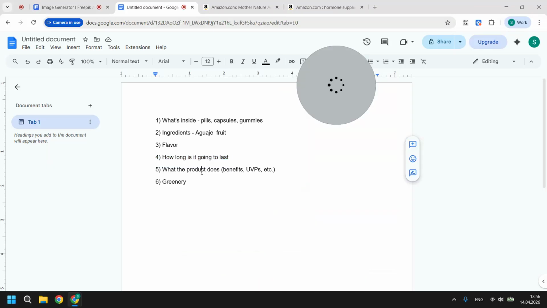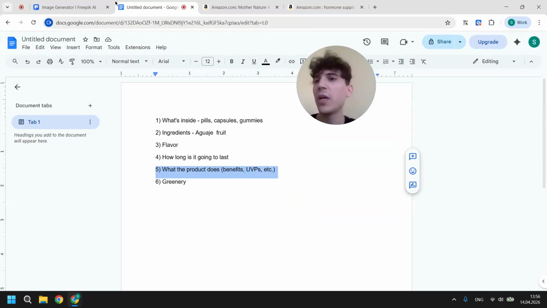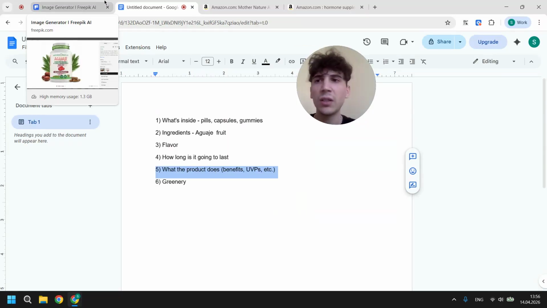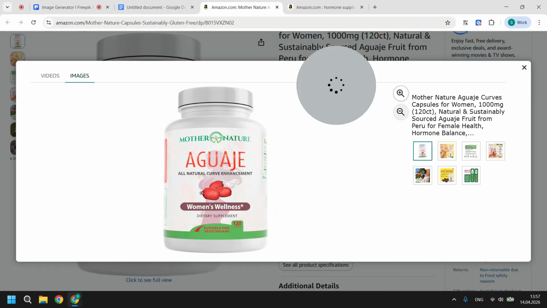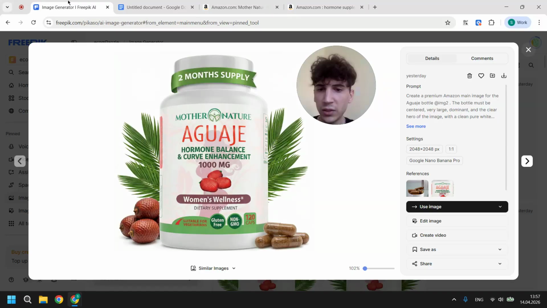What else? The next point, what the product does. Benefits, unique value propositions. You might check your competitor listings, analyze them with AI, or if you know your product well already, you need to understand what your product is and how it works to be able to build your main image in such a way that explains the most important points. So if we compare this image with this one,